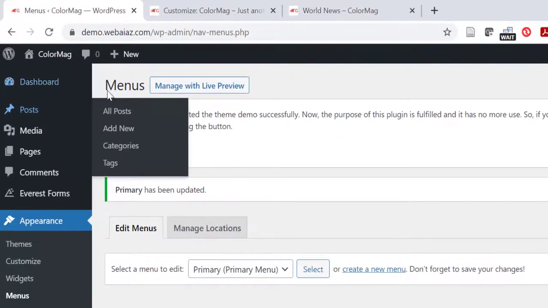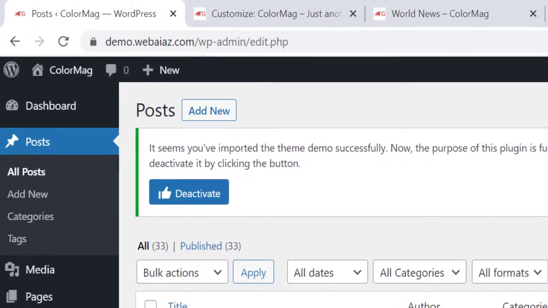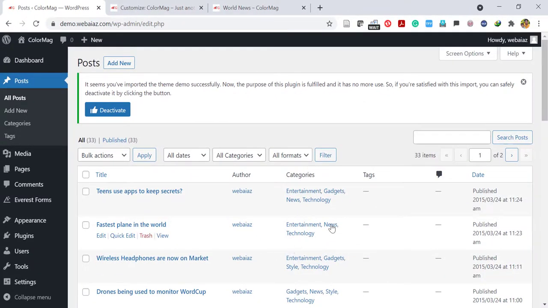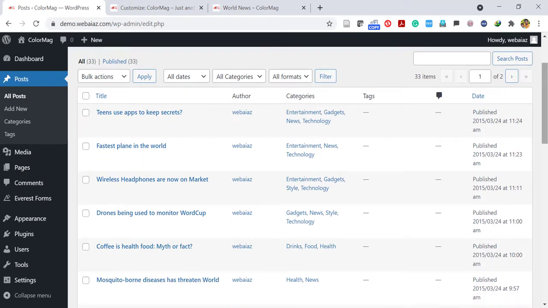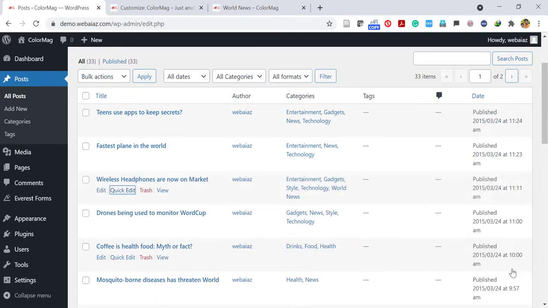So again go to the post and click all posts. Here you can create a new post, or else you can change the category of one of the posts to world news. So I just click one post and I'm adding another category as world news. So here I am selecting another category as world news and save.